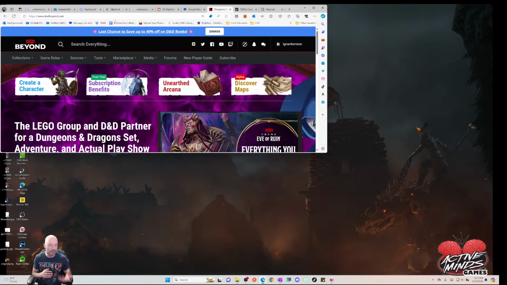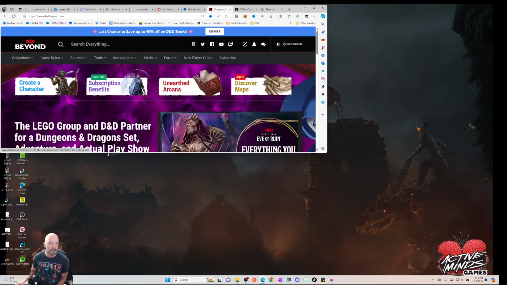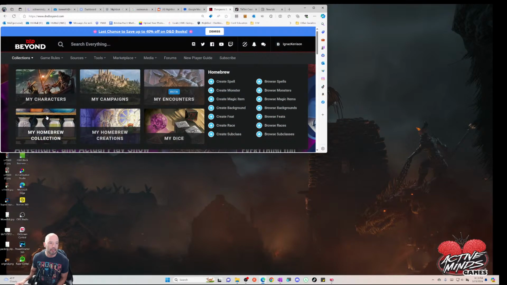So I've got some books. I don't have all the books. I have a lot of stuff. I have some maps, and a variety of other things that come with it. But this new thing that D&D Beyond has come up with is called Maps. You go to collections, I believe it is, and you go to